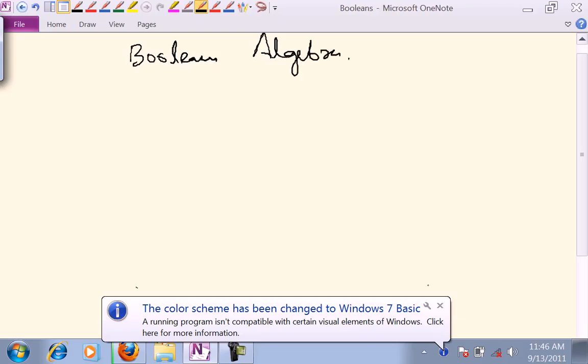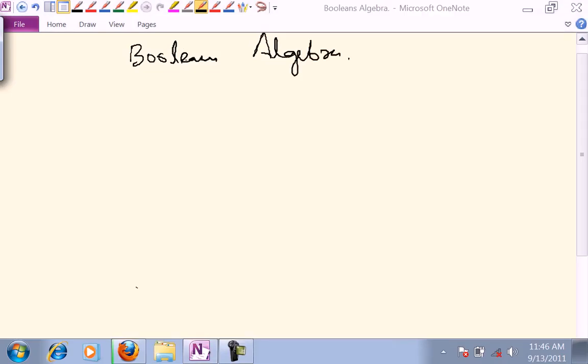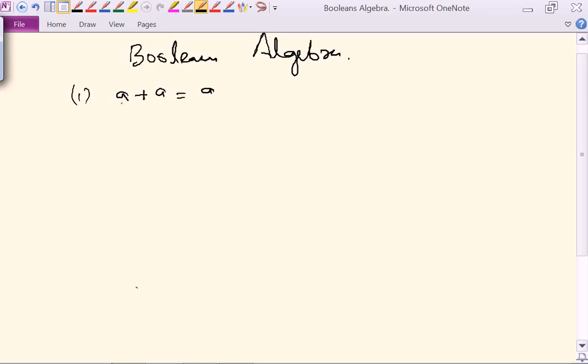So what Boolean algebra is basically doing here is that let's prove some theorems first. We've got to prove the first theorem, that is a plus a is equal to a. That if you do the OR of the same thing, a with a, that will be equal to a. Now to solve this, we say proof,